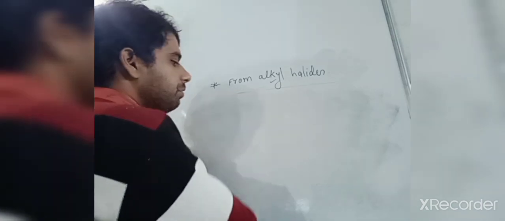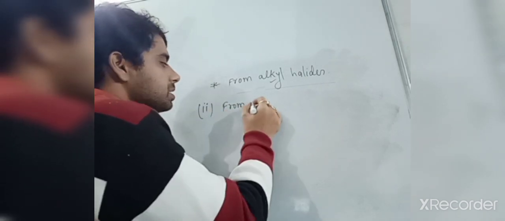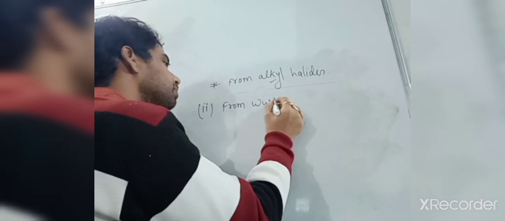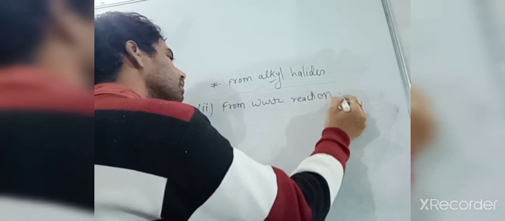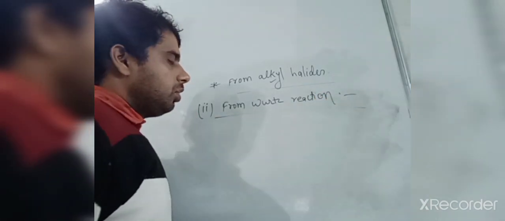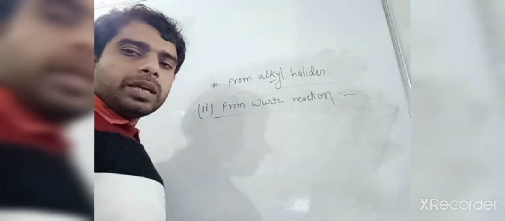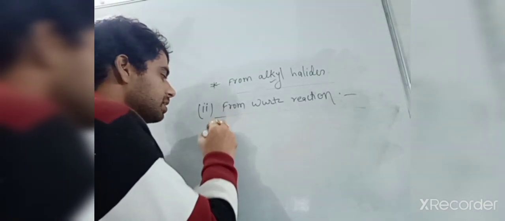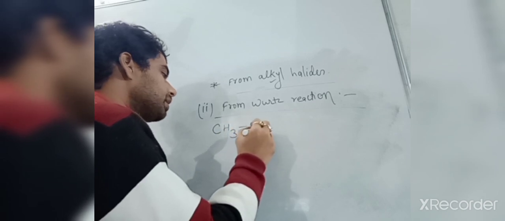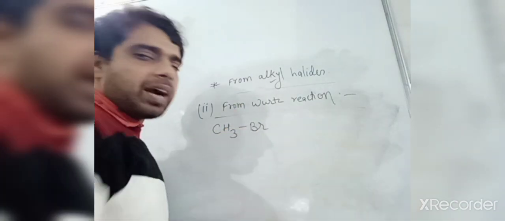Okay, now here we will talk about the Wurtz reaction. How? So alkyl halide, when reacting with sodium in the presence of dry ether, for example CH3Br, but there you should think you have to take an even number of carbons,